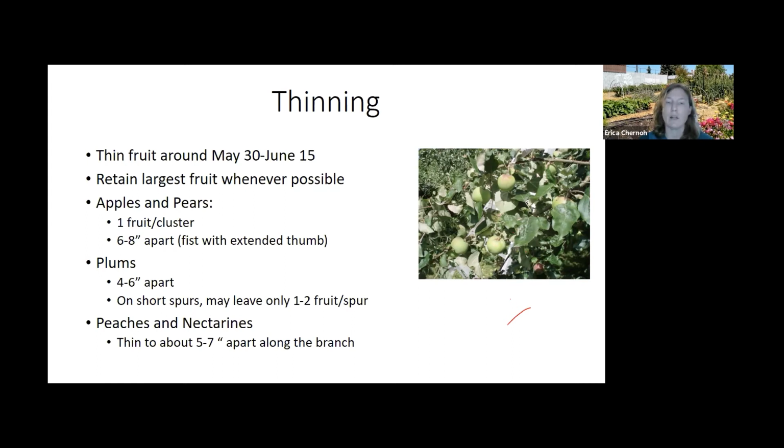I will note that a lot of trees do a natural fruit drop as well, so you'll always want to wait till after that occurs. With apples and pears, you want to thin to about 1 fruit per cluster. Apples in particular grow on those fruiting spurs, and those will send out about 5 flowers per spur. So you want to thin those down to about 1 fruit per cluster and then keep them about 6 to